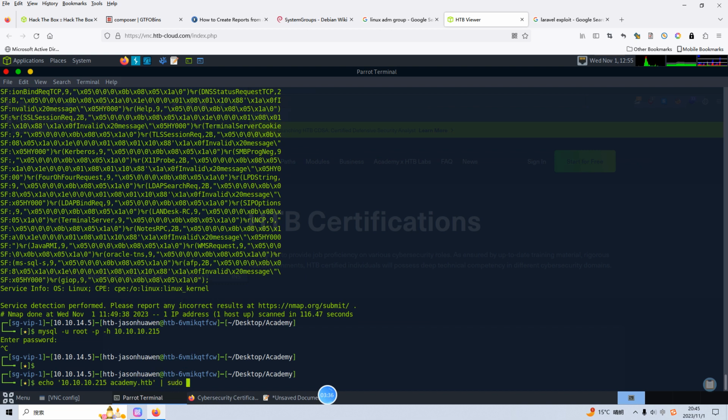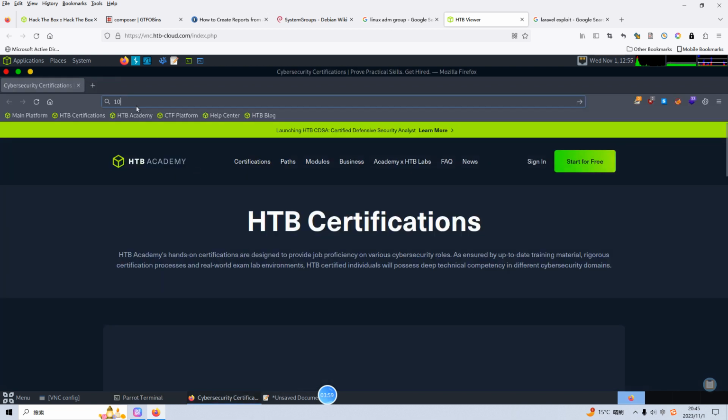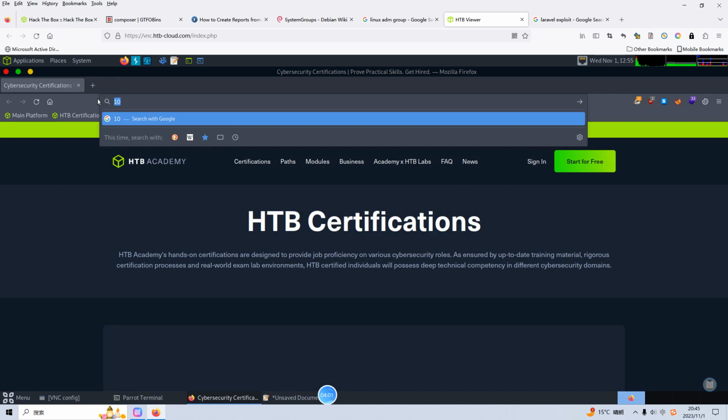Of course, we need to use sudo, otherwise we don't have permission to make a change to the hosts file. Alright. Of course, you also can use the Vim editor or another editor to do this. So now if we go back to our browser and access the hostname,